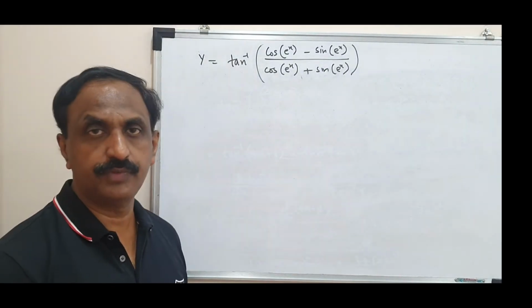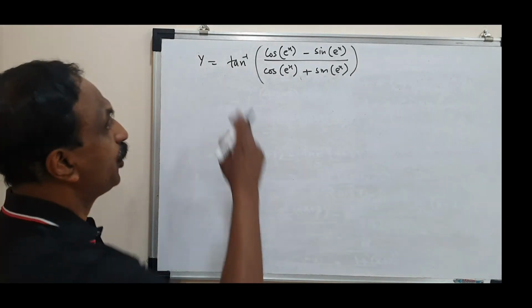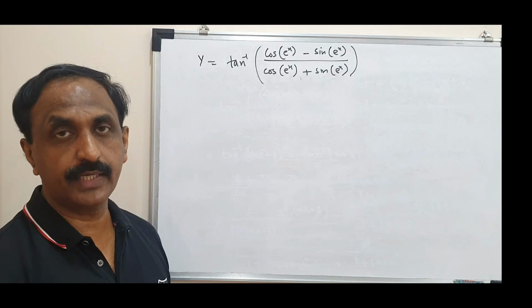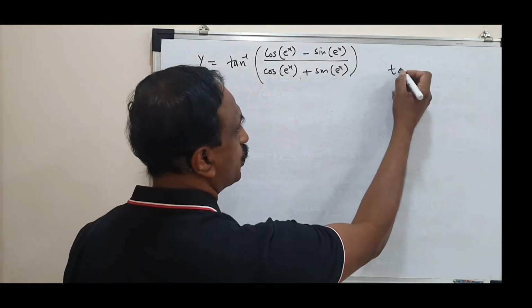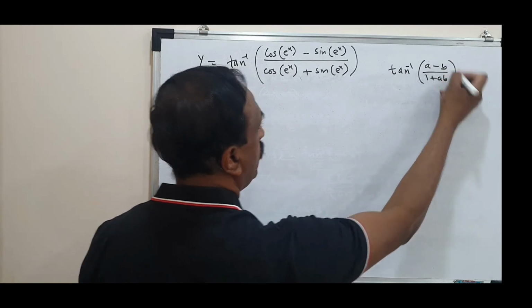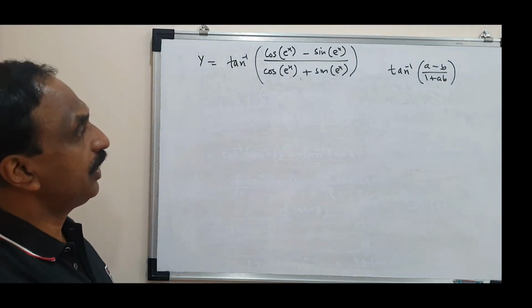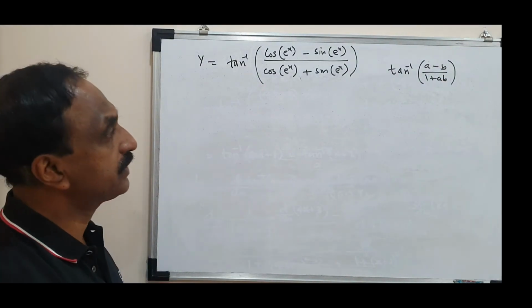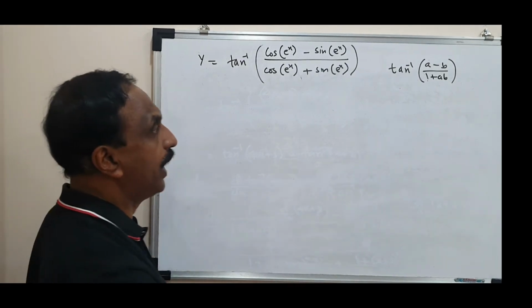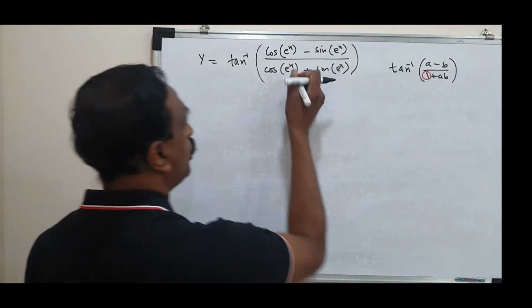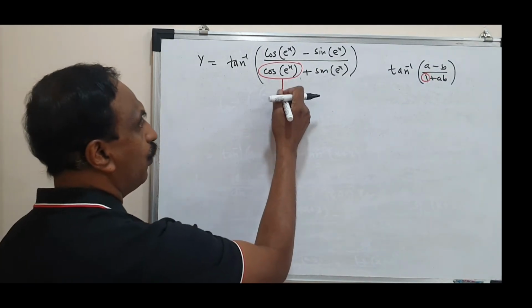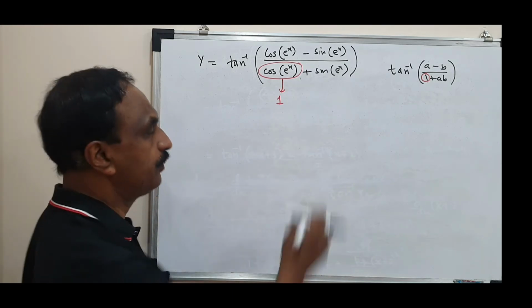Let's try one more problem of this category. Now you have seen the opposite sign. That gives you a hint. It belongs to what category of problem? Naturally, it belongs to tan inverse of a minus b upon 1 plus ab, this formula. So it is quite understood. Opposite sign comes, you need to apply that. You need 1. So where do you require 1? You require 1 in this place. If you require 1 in this place, what should I do?